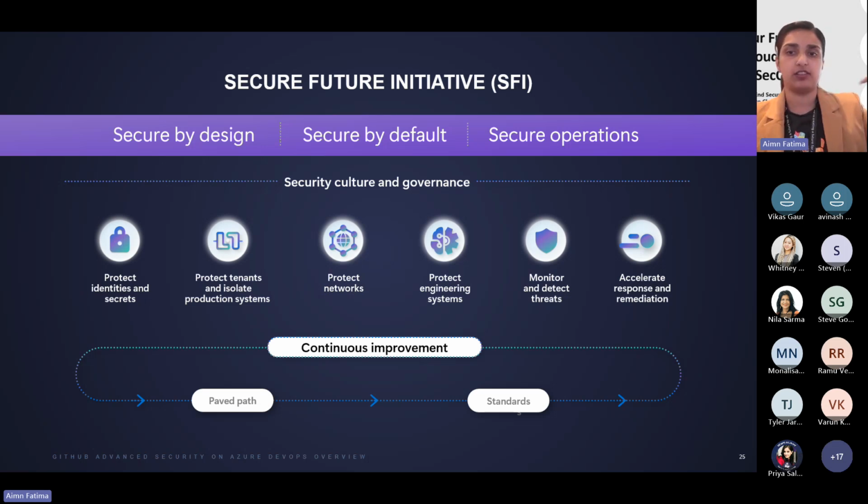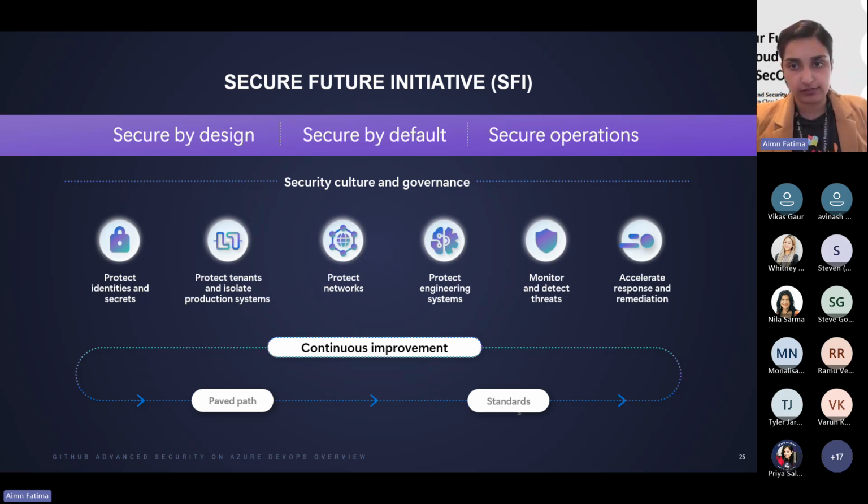The SFI, the Secure Future Initiative, like I talked about before, is built on three core principles: secure by design, secure by default, and secure operations. And these pillars ensure that security is embedded into every aspect of our cloud infrastructure. And that can be from the very beginning, from where you conceptualize the entire concept and design the architecture